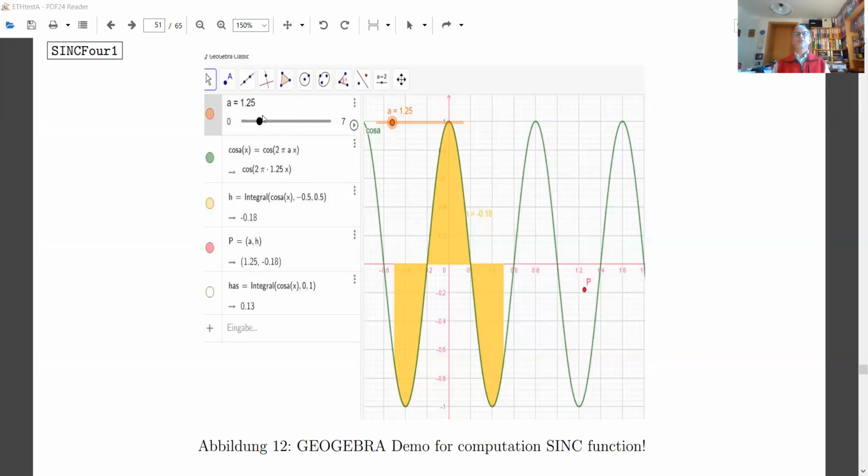Now, what happens if you choose a to be an integer? That's interesting. And then you find out, let's say it's 3 or so, then you have 3 full periods within the unit interval. So within any interval of length 1, for example, the symmetric interval from -1/2 to +1/2, you have